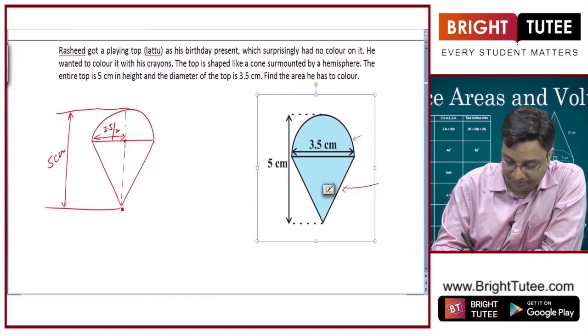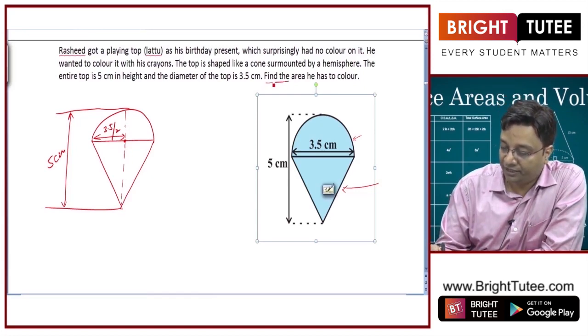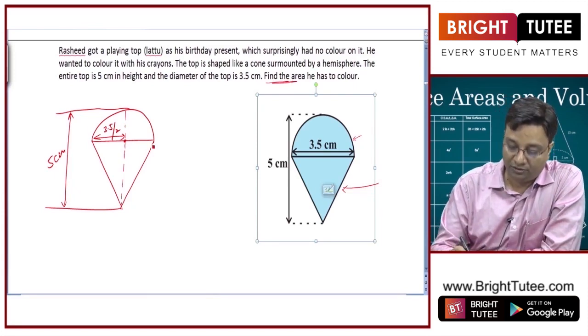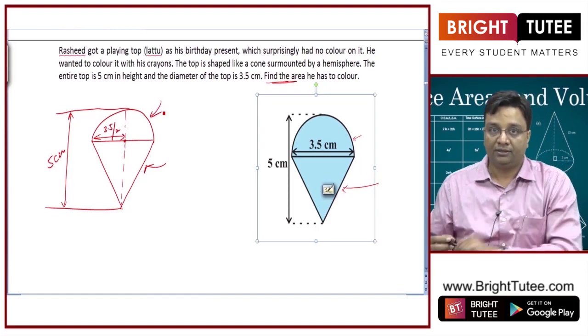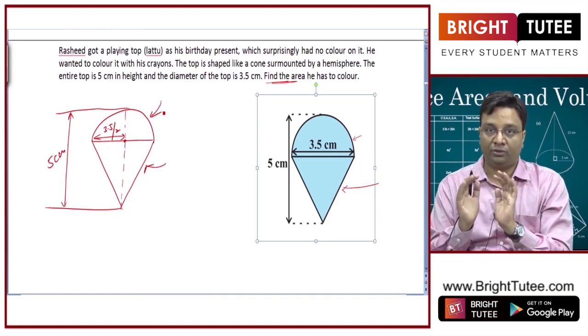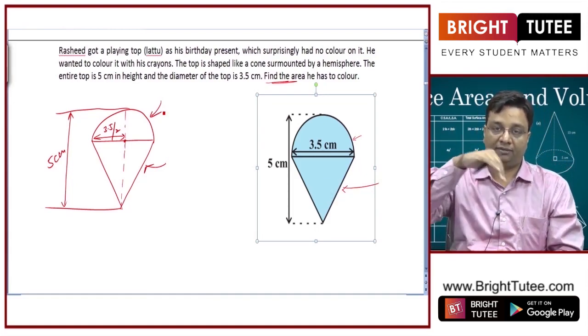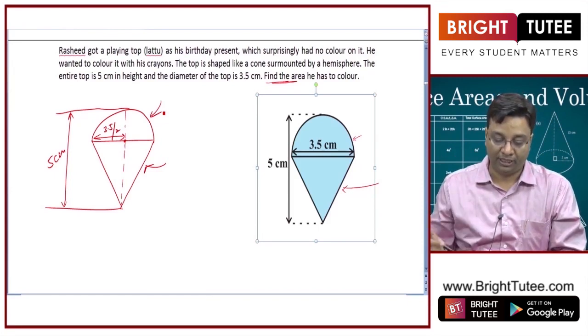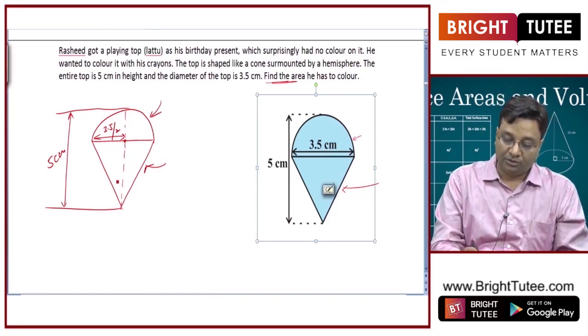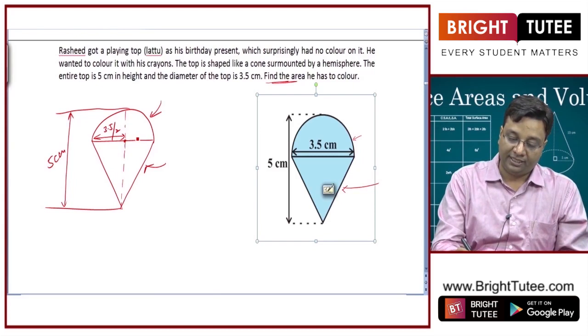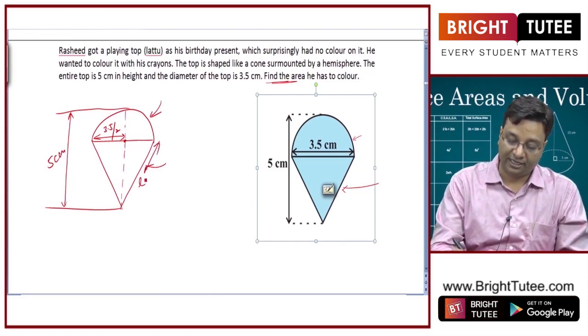Now if I join this, what I need to calculate, find the area he has to color. So we are talking about this outer area and this outer area, right. So the curved surface area of cone and the curved surface area of the hemisphere has to be calculated. So if I say that the radius is r and slant height is L,